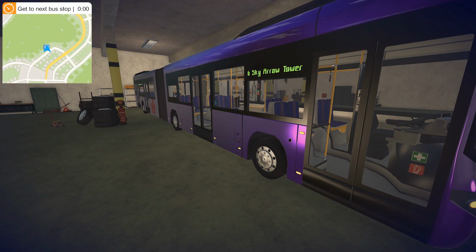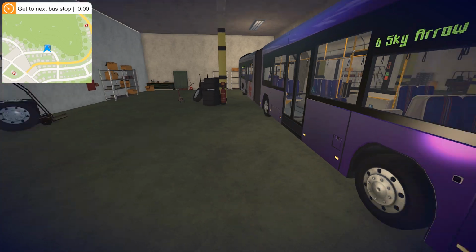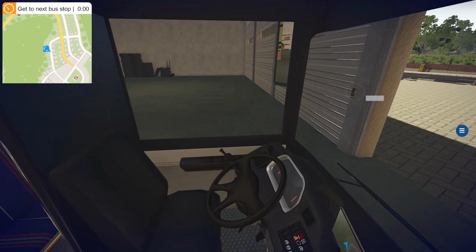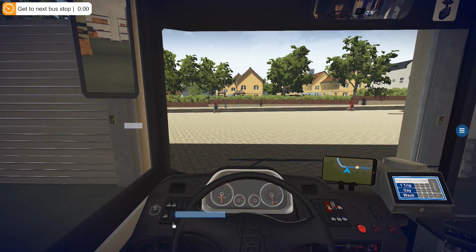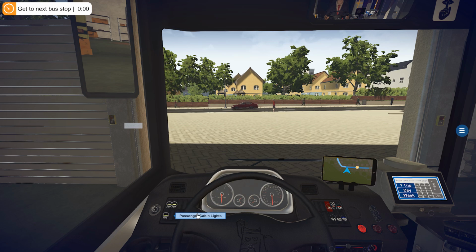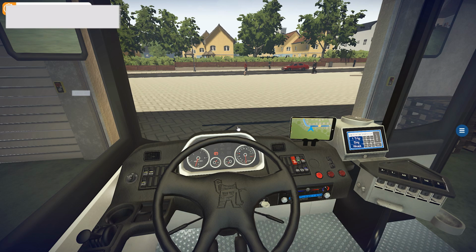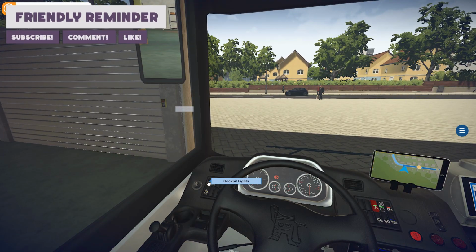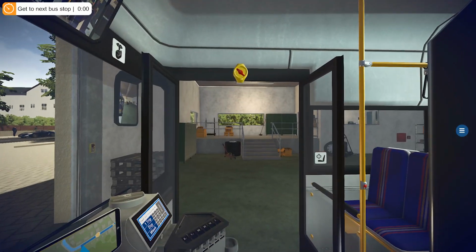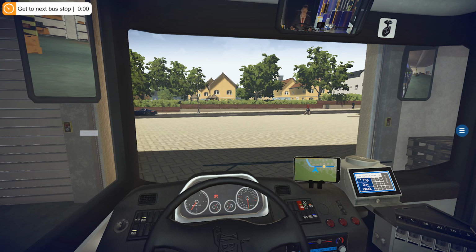Let's get the garage open. Front door open as well. And pretty much get in. Get the passenger lights and whatnot on, and turn the engine on. That's good. Actually, let's turn off the cockpit lights. I don't like the cockpit lights too much. Let's close the door and